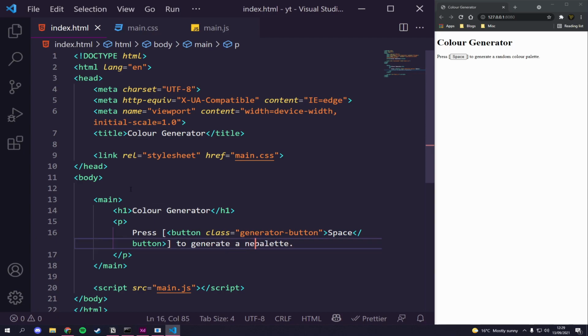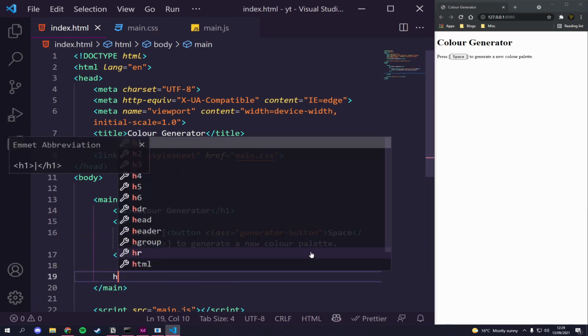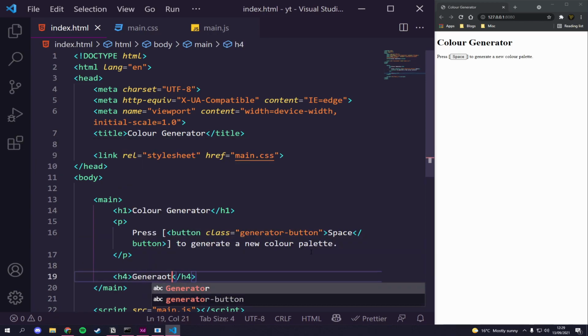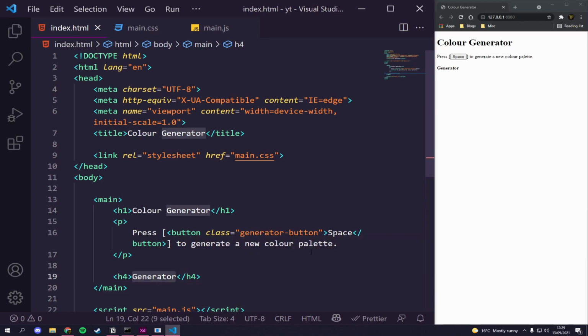To generate a new color palette. There you go. That's all there. So you can see we've got this little "press space", and we'll style that in a moment. So we've got that. Let's add an h4, which will just say "The Generator", so we can see the actual text